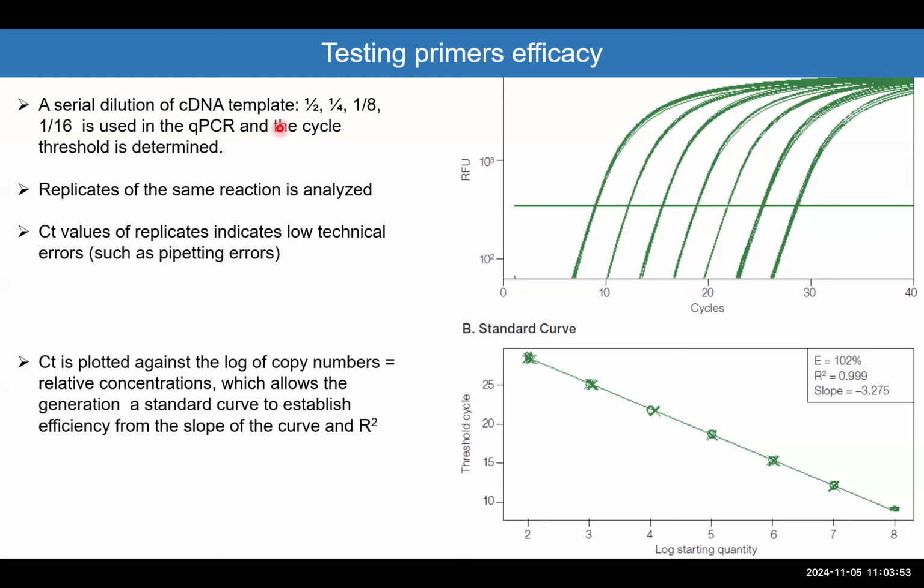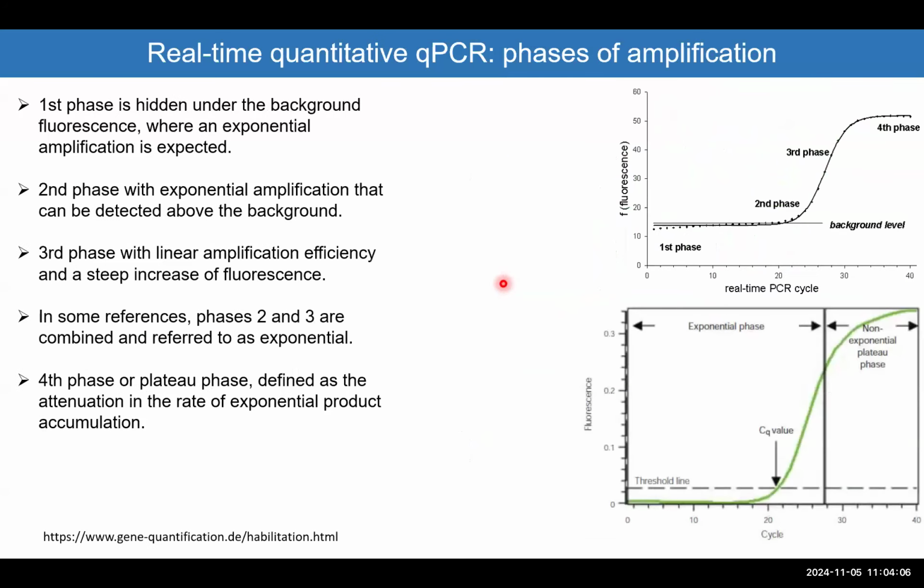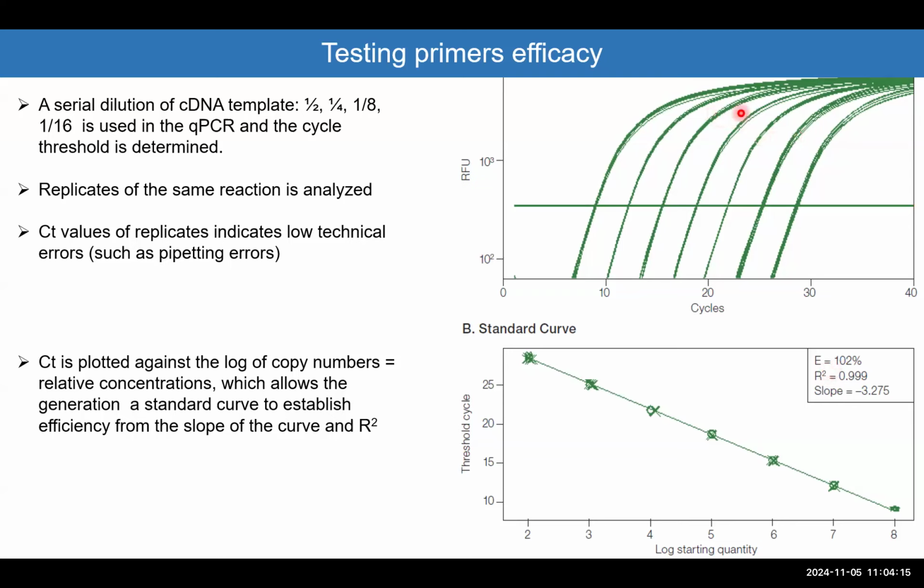So the more diluted the start material, the longer time it needs to generate the PCR, and the longer time you detect the PCR product. And here we are just looking at the exponential part of the curve, which is from here to there. Of course we can see the plateau, but you don't see the lower part,